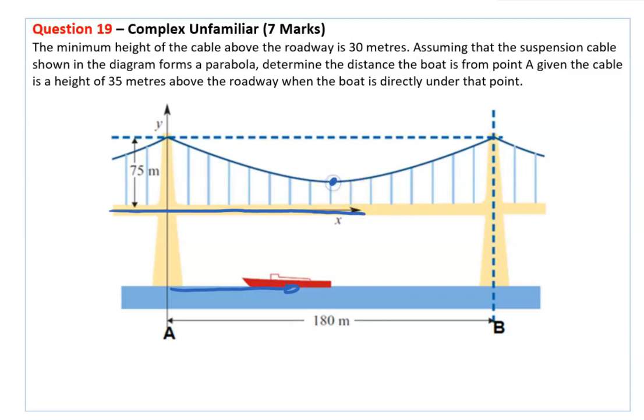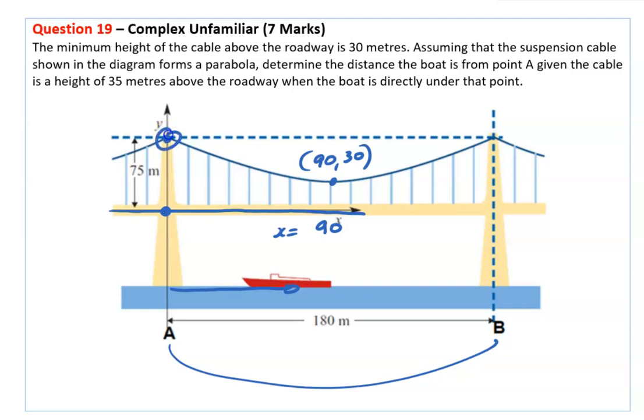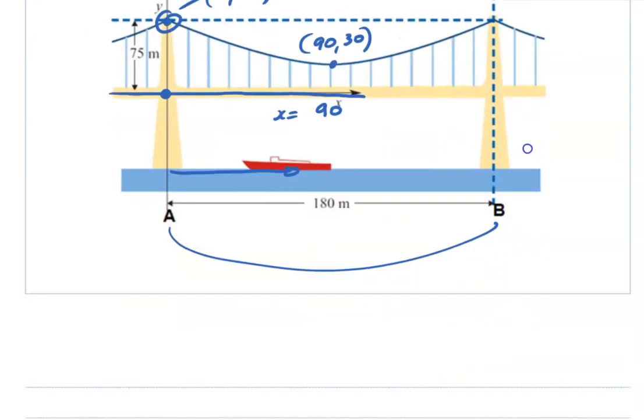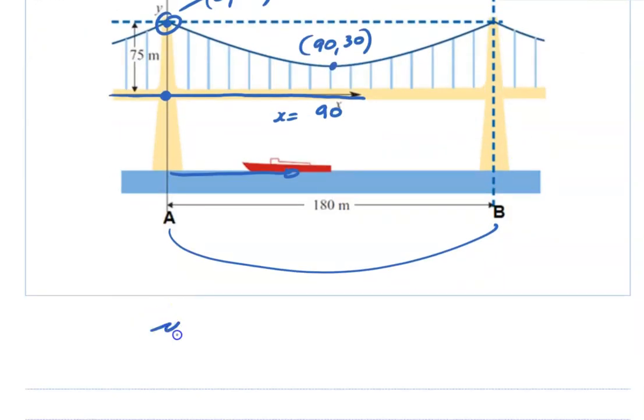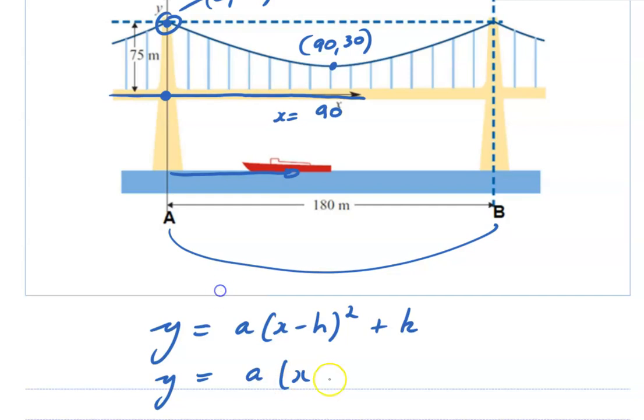is 30 metres. Now, from A to B is 180, therefore at this point, x equals 90, we assume it's halfway. So that turning point there is 90 across and 30 up. We could also, if we're calling this the origin, this point up here would be 0 across and 75 up. So using those 2 points, we can develop an equation in the form y equals a outside of x take h squared plus k, transformational form, where the turning point is 90 across